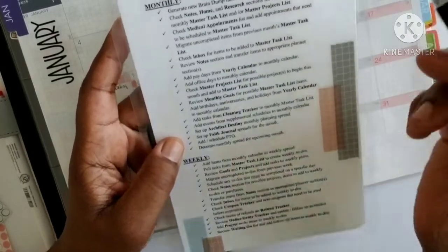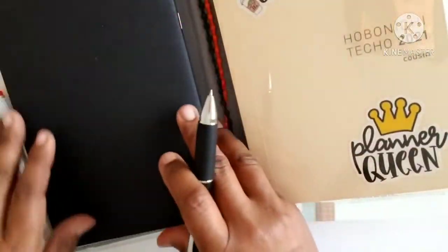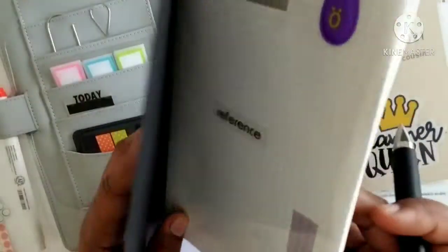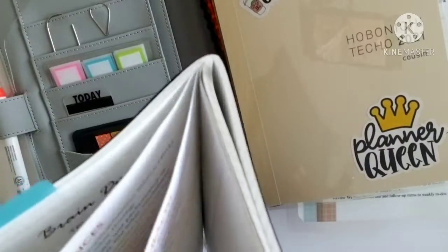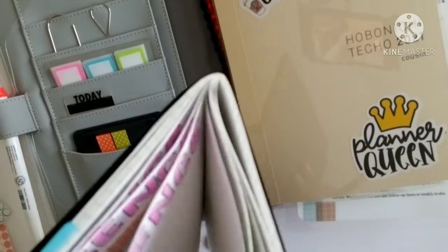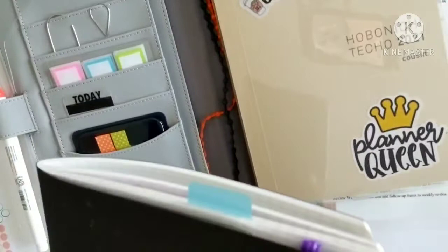Okay, so I have started setting up a new reference notebook. I haven't finished setting it up. I'm probably not going to show you much of this because it does have personal stuff in it, but let me see. Yeah, I've started setting up some things in here. I haven't finished. I'm going to take my time because I want to be very